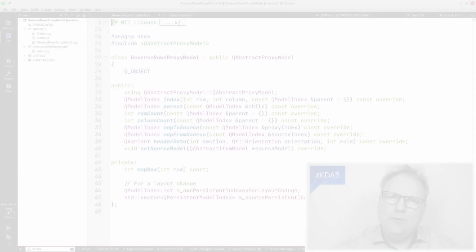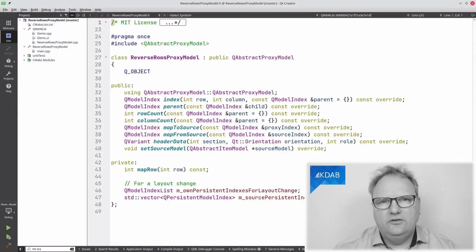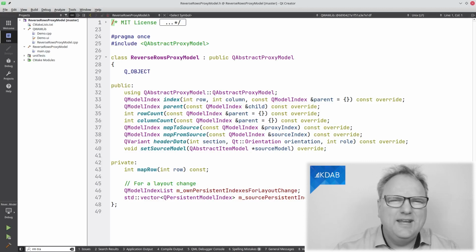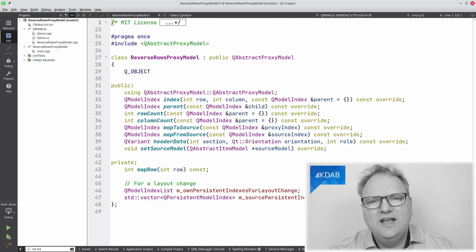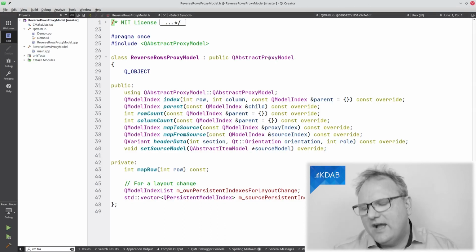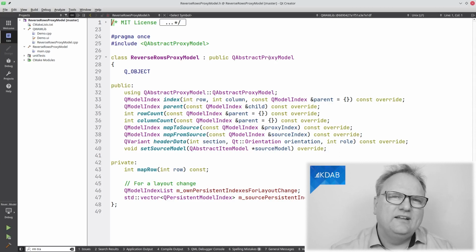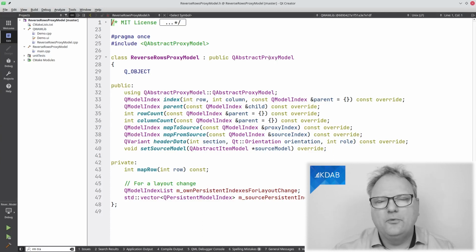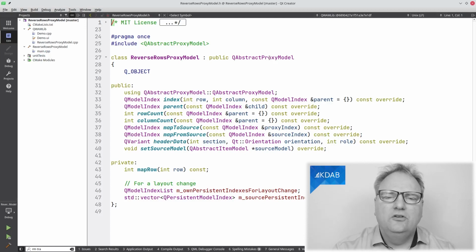Here it comes. Without the other two, QSortFilterProxyModel, and have you ever noticed that I always do like this when I say that name? It's a terrible name. But anyway, without those two, my last resort is to subclass from QAbstractProxyModel. I could, of course, have subclassed directly from QAbstractItemModel and not be a proxy. But then, and sometimes I wonder, did I even win anything from actually subclassing from QAbstractProxyModel? But there are definitely situations where you want to subclass from that.